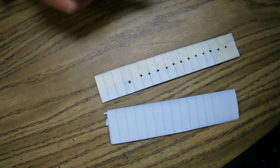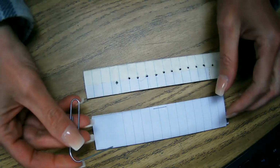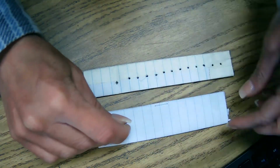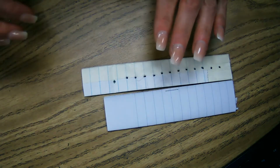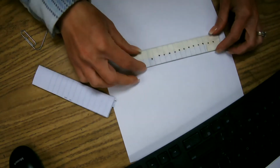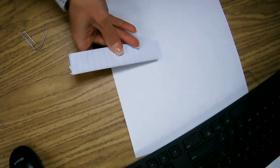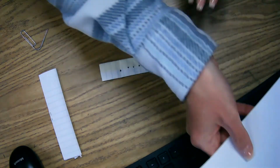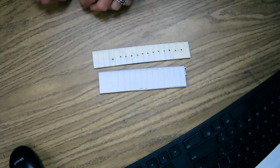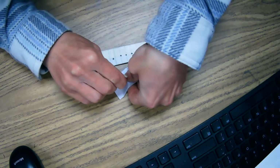Now, you are going to need to put holes. You're going to need an end to hold, which I'm going to use the white portion because there's not lines there, right? And then we've got to poke holes. When you're doing this, you're going to have a circle the size of your paper, and so it doesn't need to be much bigger than half your page as it spins around. So that's part of why we fold it in half, and then I'm going to put my first hole kind of down in here because this is the one that will